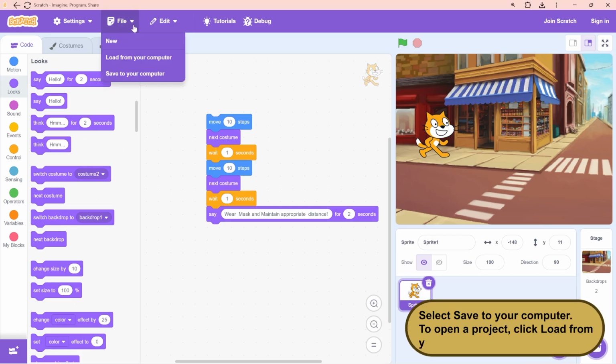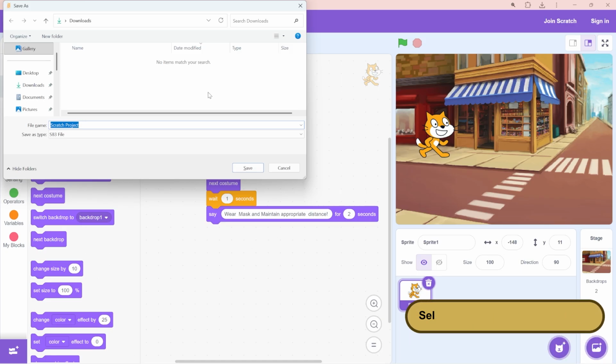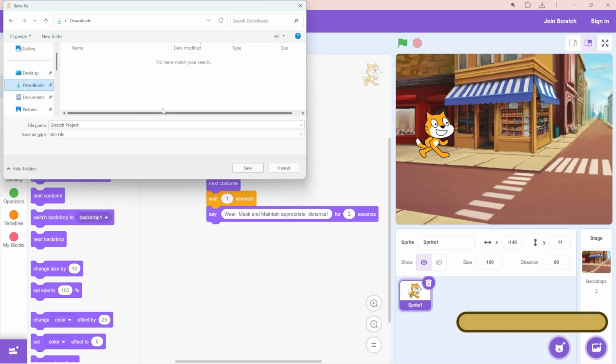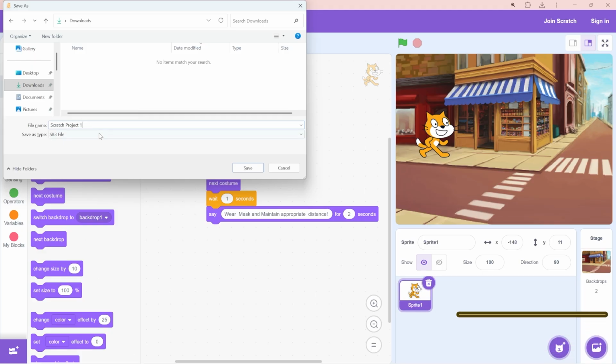Step 2. Select Save to your computer. To open a project, click Load from your computer. Step 3. Choose the location for the project to be saved. Step 4. Assign a name to the project in File Name box. Step 5. Click on the Save button.